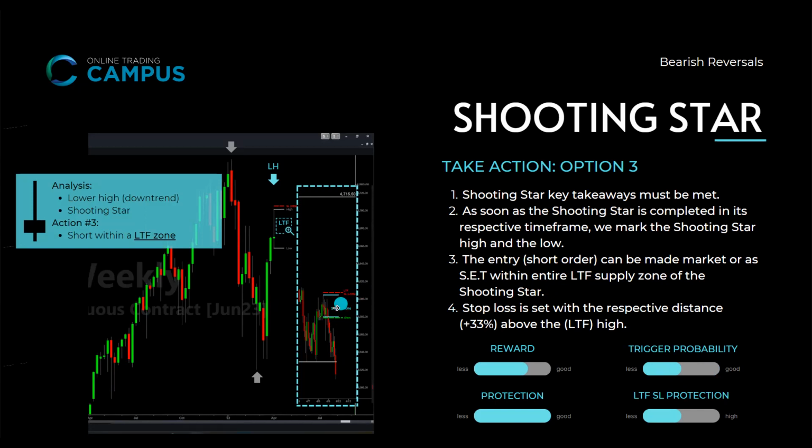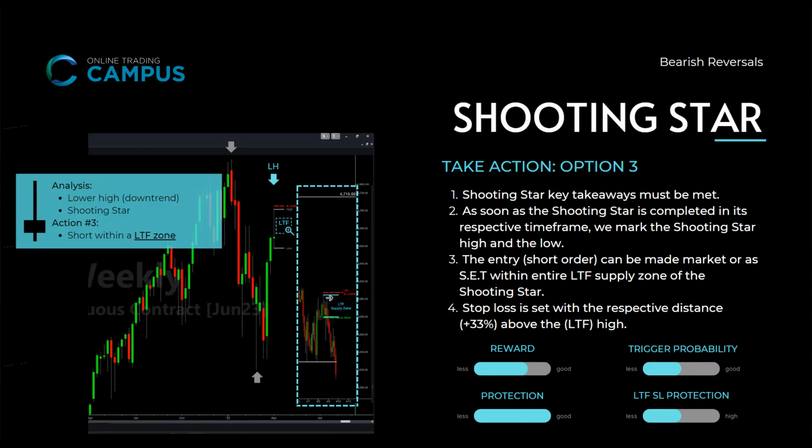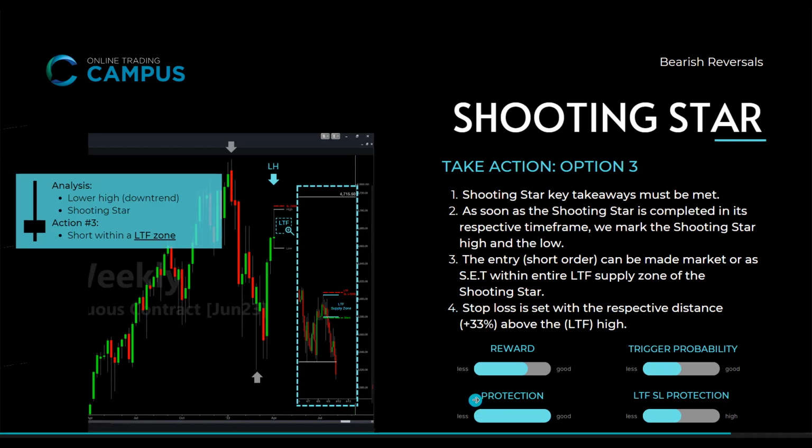You can use preferred or wider. I choose the preferred version. Maybe we hit only the wider. Then we are not filled. But if we are filled, then it's great. Then lower time frame stop loss protection means if you move your stop loss above this lower time frame zone, then yeah, you have not the best protection, right? It's possible that you will be stopped out here. Price moves a little bit higher because it is a lower time frame, right? If you use the initial protection with the stop loss above the weekly shooting star, then we have